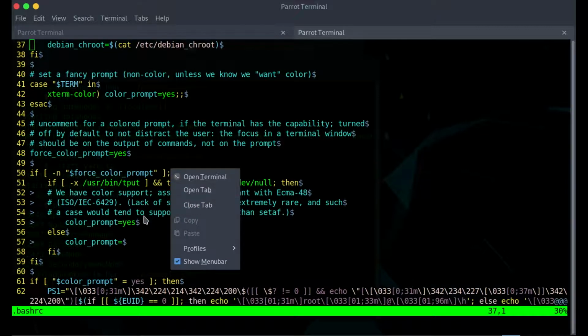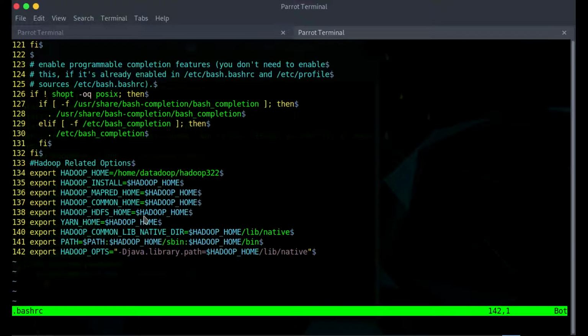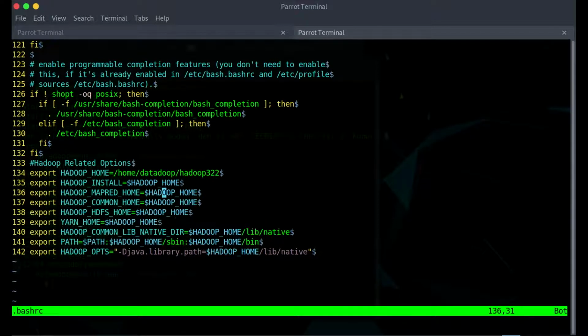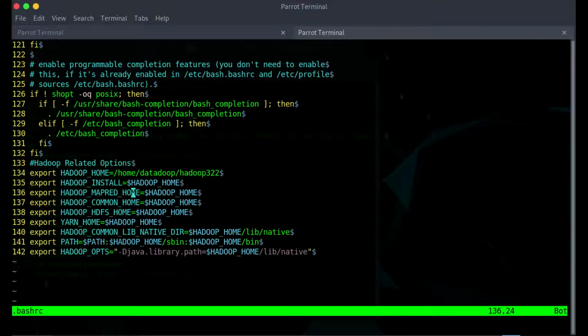What you have to do is simply type this program here, starting from line number 133 to line number 142, so that you will say where the actual directory is located. I'll show you that.